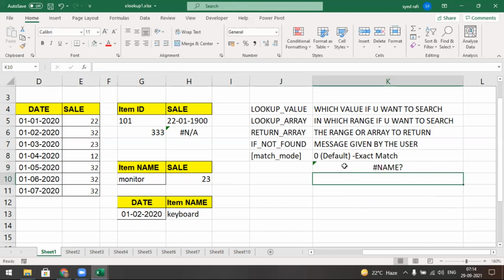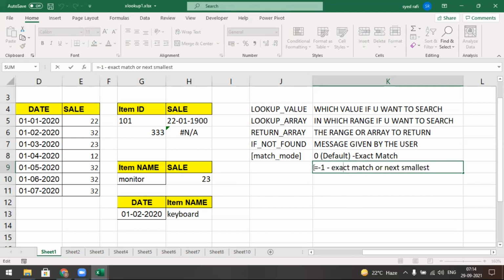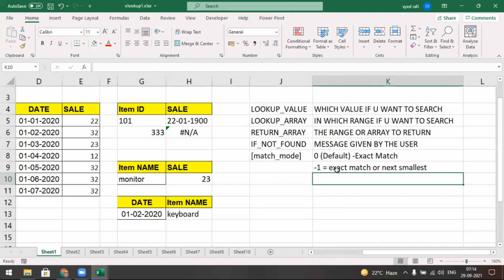Sorry, we do one thing here like this. Now you can place the equal to. So if you give -1 in match mode, first it searches for the exact match. If the exact match is not found, ultimately it searches for the next smallest value.